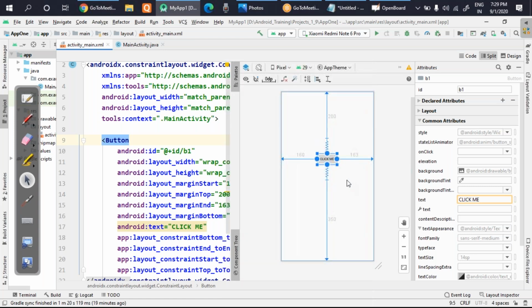Okay, so I'm going to add one feature, that is, I'm going to make this button a clickable button. So how to do that? If you can see here, there is one feature written here, that is onClick. So this onClick is actually a feature. What this feature is saying is that if you want your button to be clickable, you write a function name here. So I'll quickly write a function name there. Suppose I'm writing the function name as clickMe. I've written a function name as clickMe and I'm pressing enter.